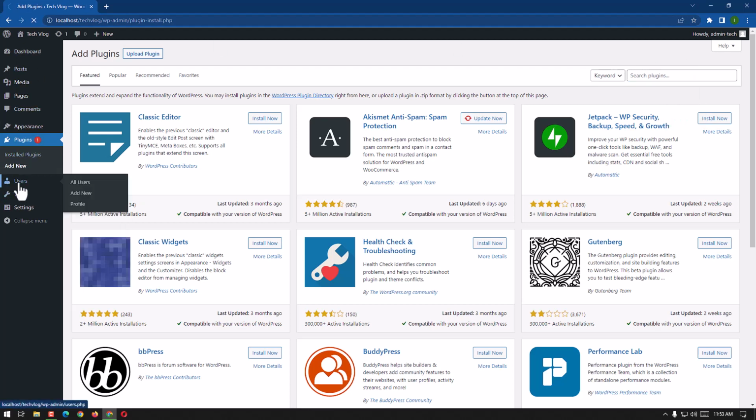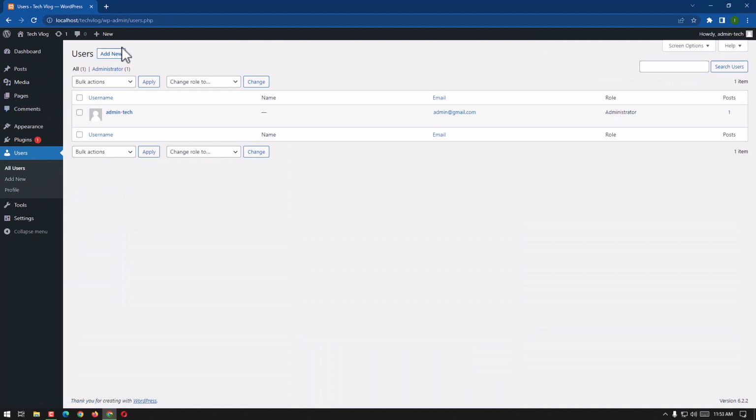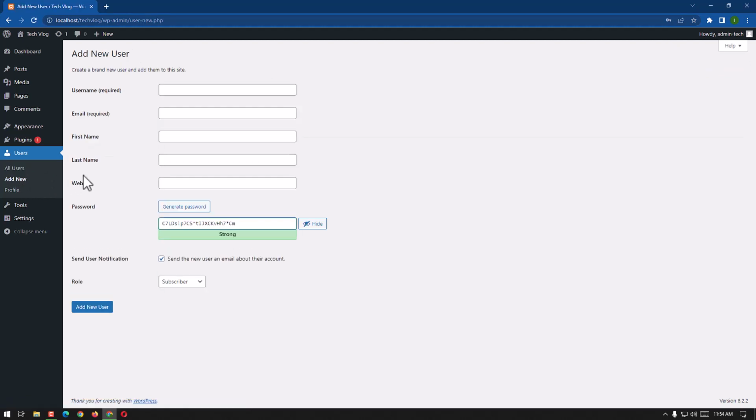Here we have the users, all the users. We can add new users like admin. I am the admin of this web right now, but we can add users, and in all I have one. I am the administrator, but we can add new users. All the users, we can add new users. If required, we can